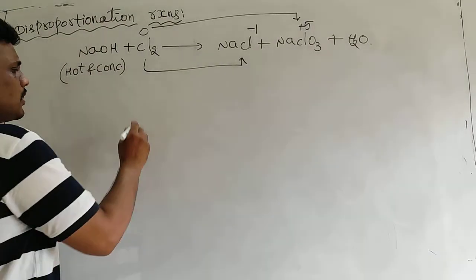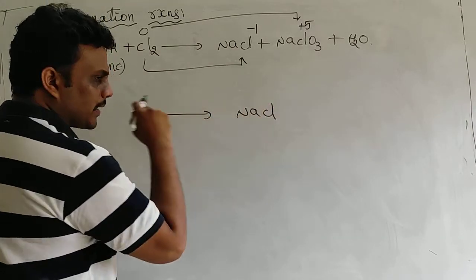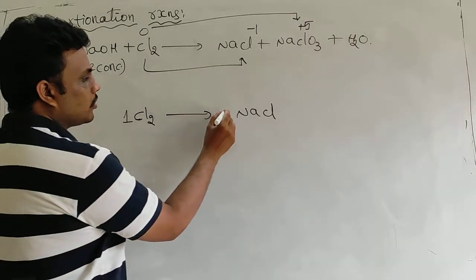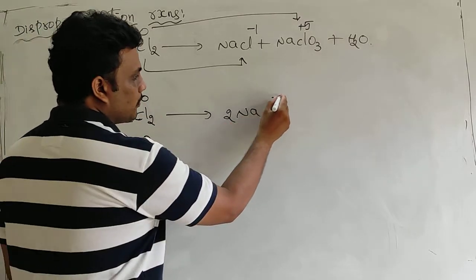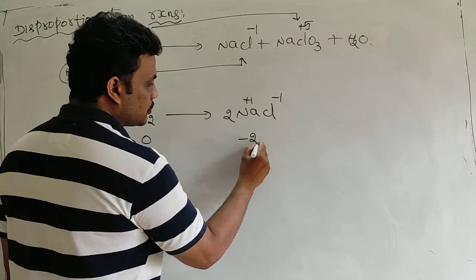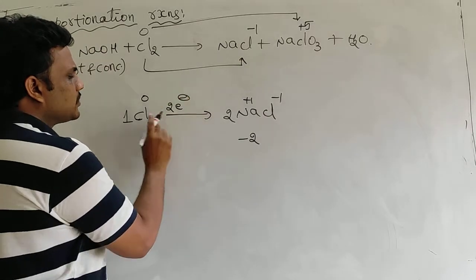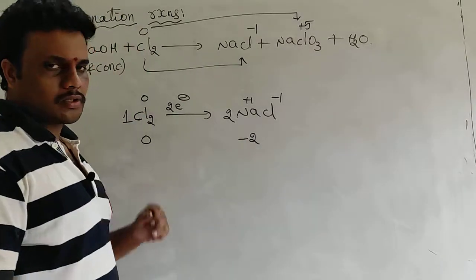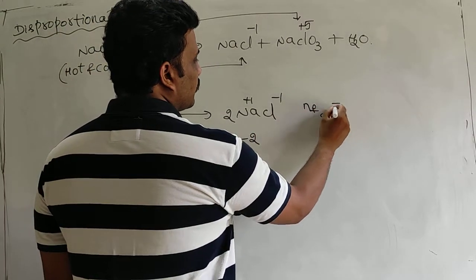So now I am writing the reaction of chlorine to NaCl. Sodium is a spectator. I am taking 1 mole of chlorine. In 1 mole, 2 chlorines are there. Take 2 here. So 2 into 0 is 0, and 2 into -1, because in NaCl, Cl is in -1, gives -2. What is the difference? 2 difference is coming. It means when chlorine is converted into NaCl, chlorine gains 2 electrons. It means the n factor of chlorine is 2.